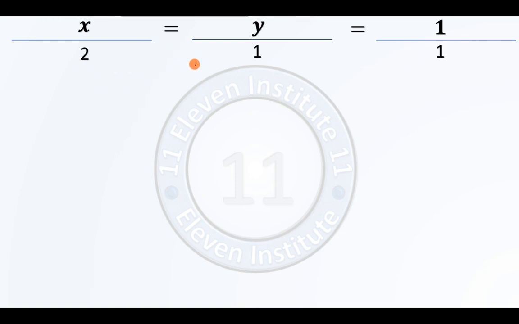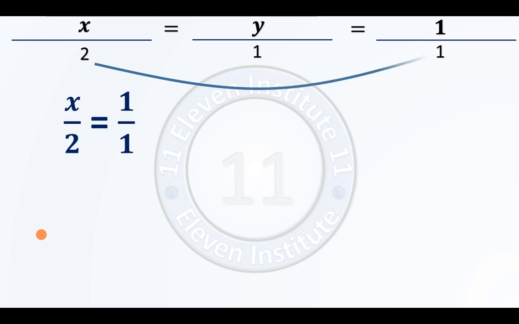But what we have to do is we have to always take for cross multiplication, right? Don't confuse this with the previous video lecture. For cross multiplication method, you have to take the first and third. You have to take the variable x ratio and the ratio of constant terms, the first and third. So we will write x upon 2 is equal to 1 upon 1.